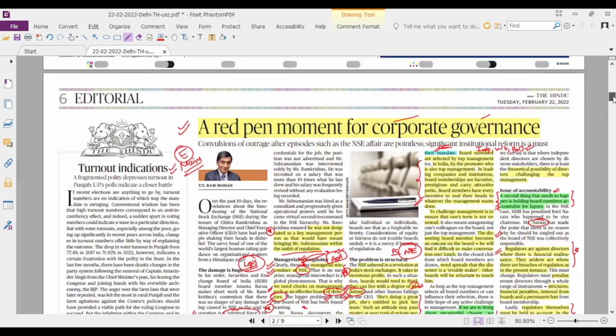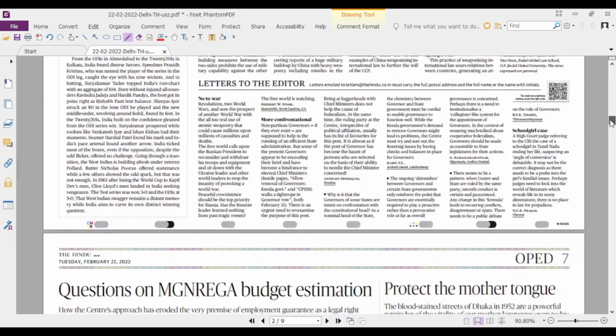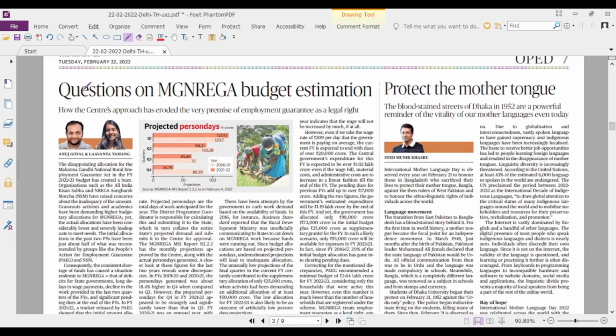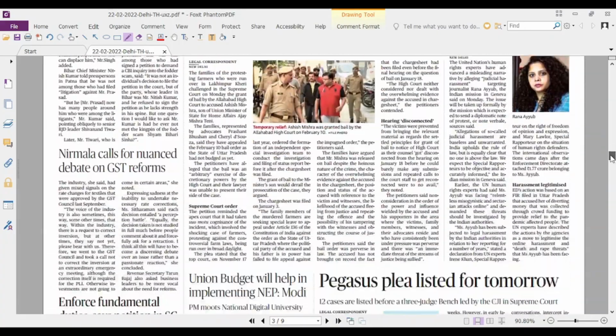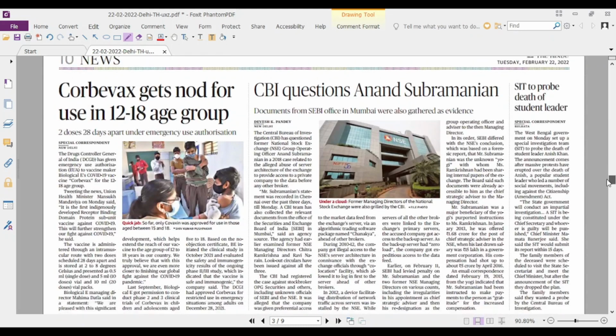That's about this article. We can skip this because it basically discusses the low allocation for the MGNREGA budget and that affecting the rural consumption demand, etc., which we have already discussed in USAR. We don't need to go into the calculations and details of it. And in the news page, you can skip the news if you already know the issue. You don't need to go into too much detail of the issue. Just know the basics of the issue and move forward.